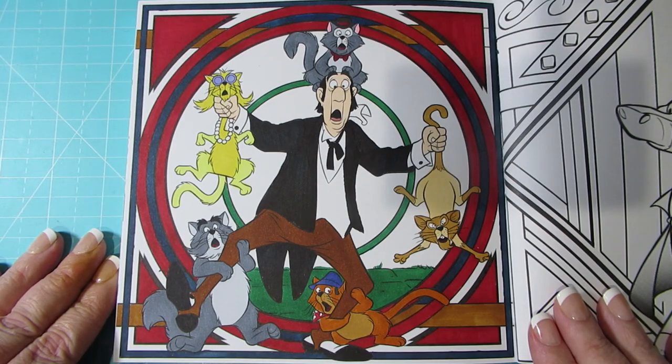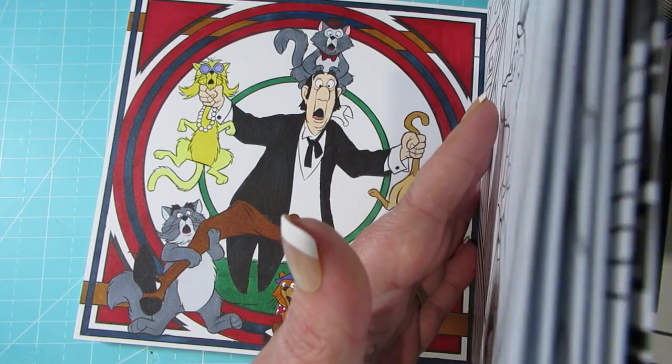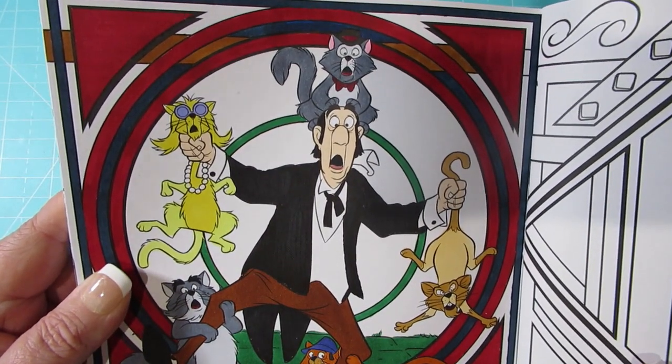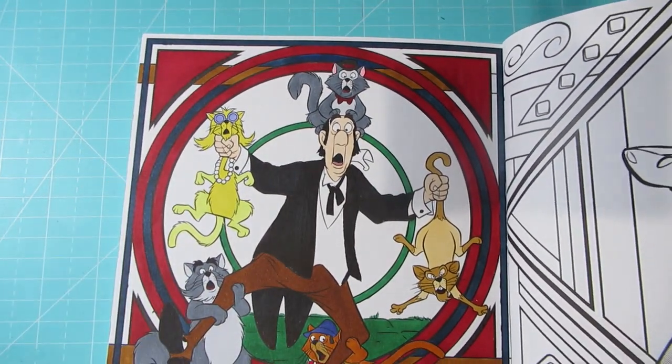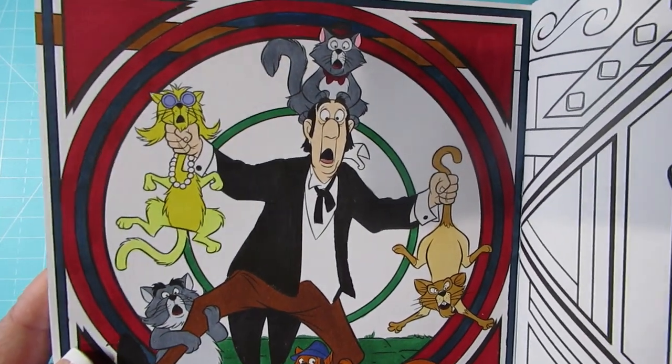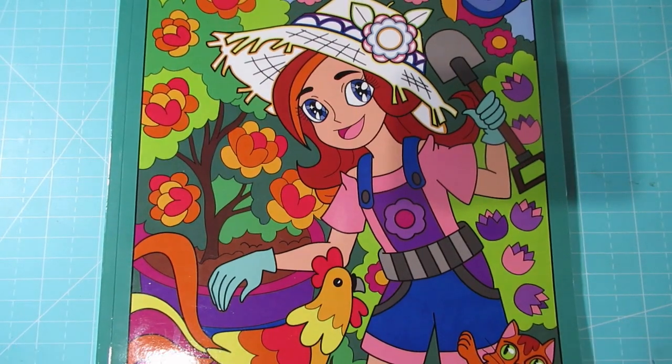And I'll show you the other one. Oh no, is the other one in this one? I thought I'd done another picture in here. Whoops, no, I'm telling fibs. Yep, so Copics, and all my markers are brush markers. I love brush markers. If someone said to me, you can only colour with one thing for the rest of your life, what would it be? Mine would be brush markers. But as long as I'm given single-sided